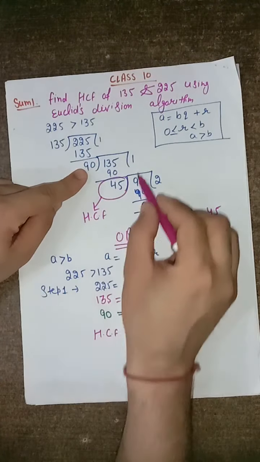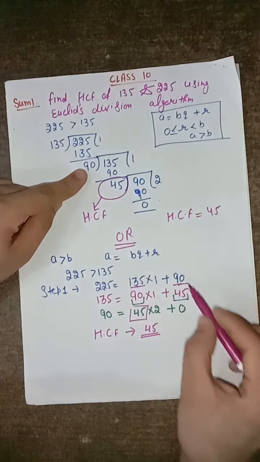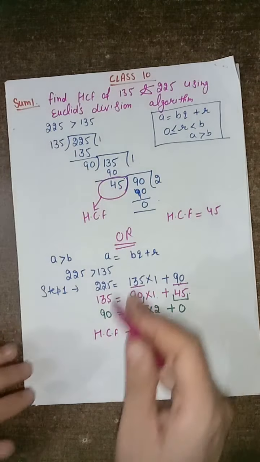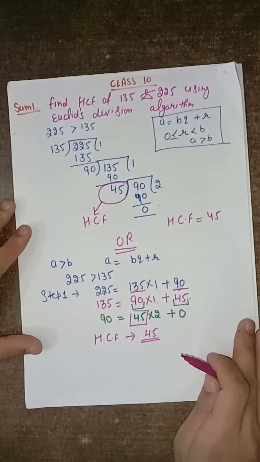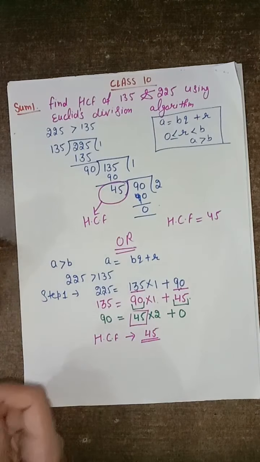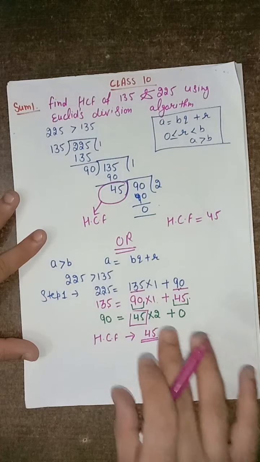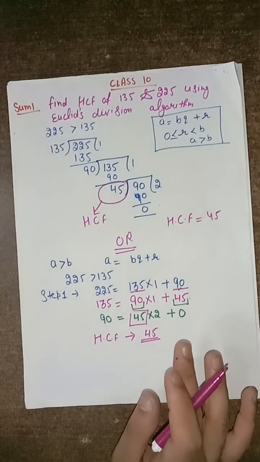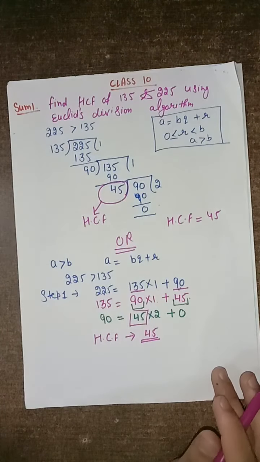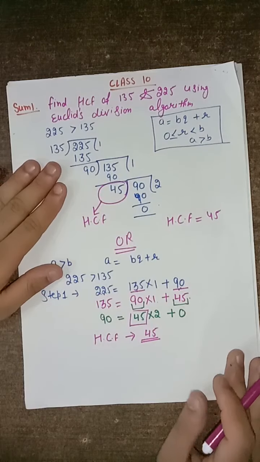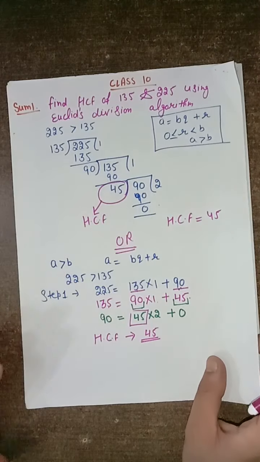This 135, this quotient 1, this 45, remainder here. Both are the same thing, but the difference is only the way of writing. In this we are writing in the format of a statement, but in this we are doing the division. Okay student, now